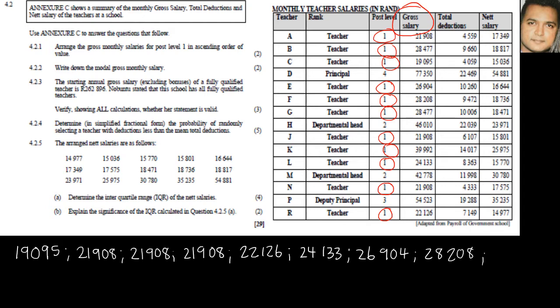Higher than that will be 28,477, and we can see that this number is repeated again, so we have to show it the second time. And lastly, we have